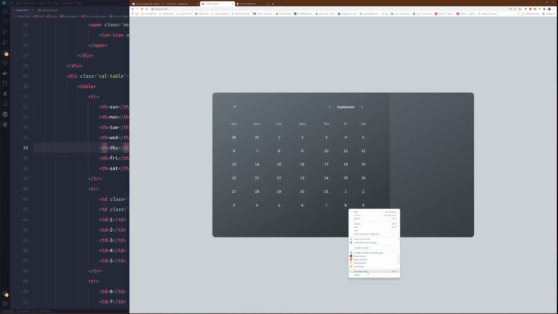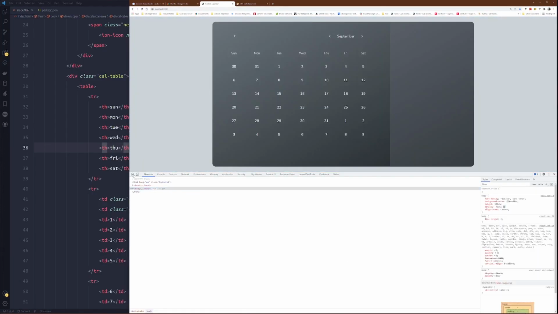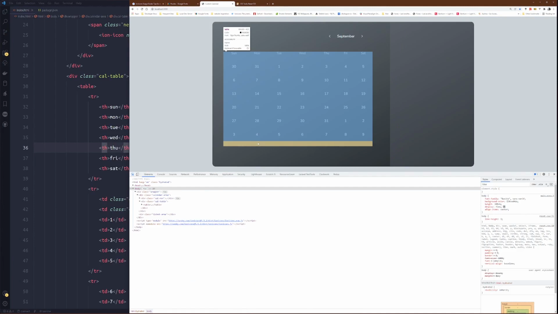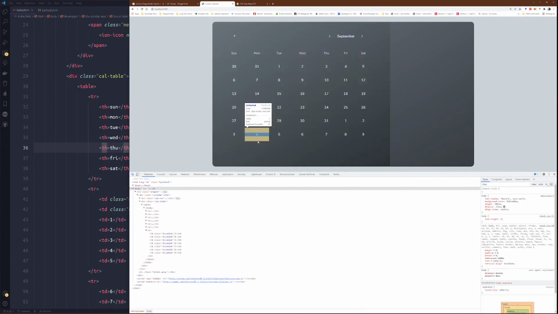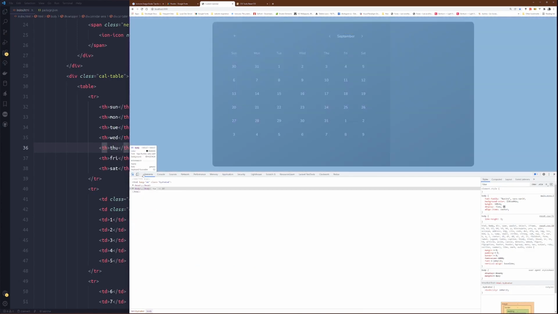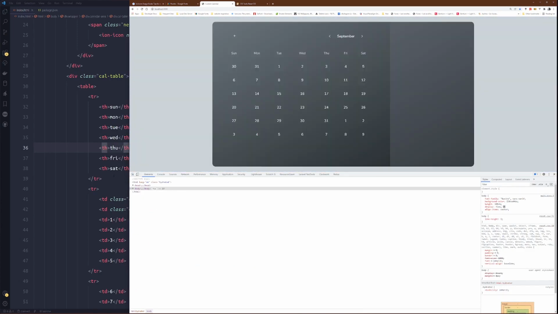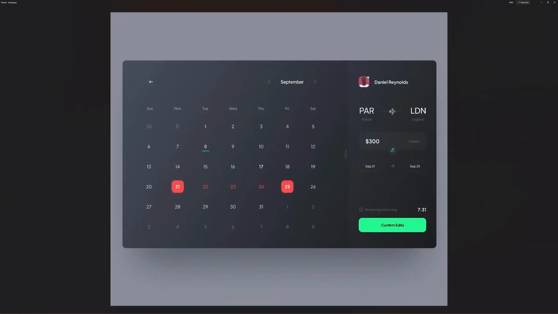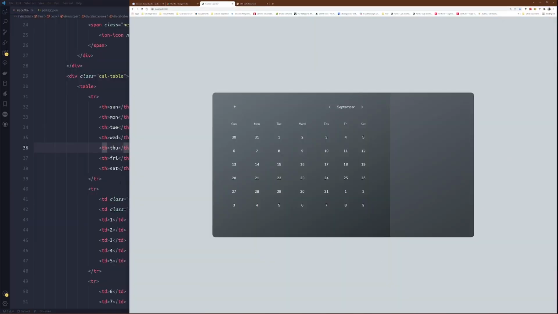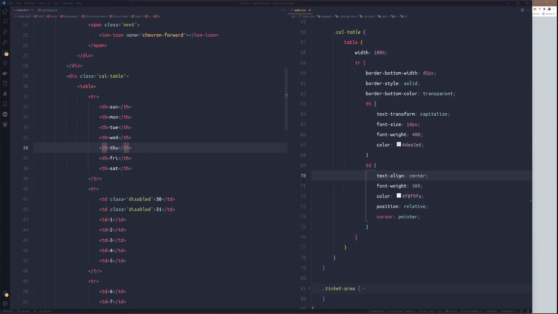I want to inspect something, but maybe like this first. If we need to push them down, we will push them down. But for now, I like them like this.